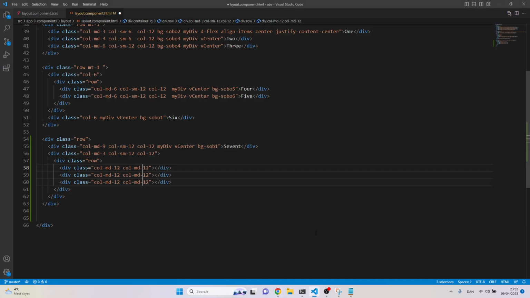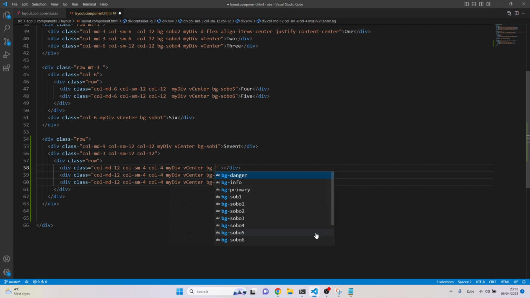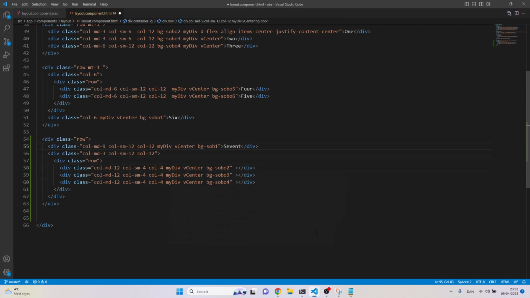So it will have small 4, and when there is extra small, again 4. And of course design, let's say my div, again v center, and background, let's say Sobo 2, 3 and 4,